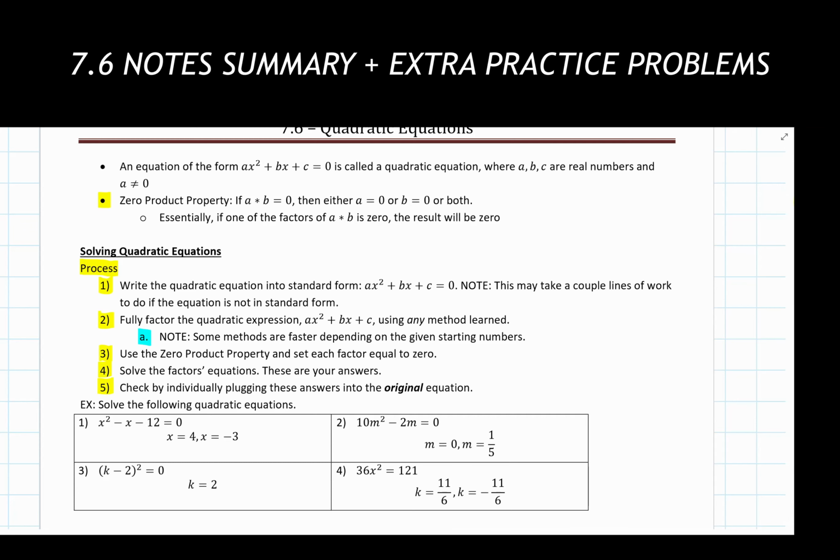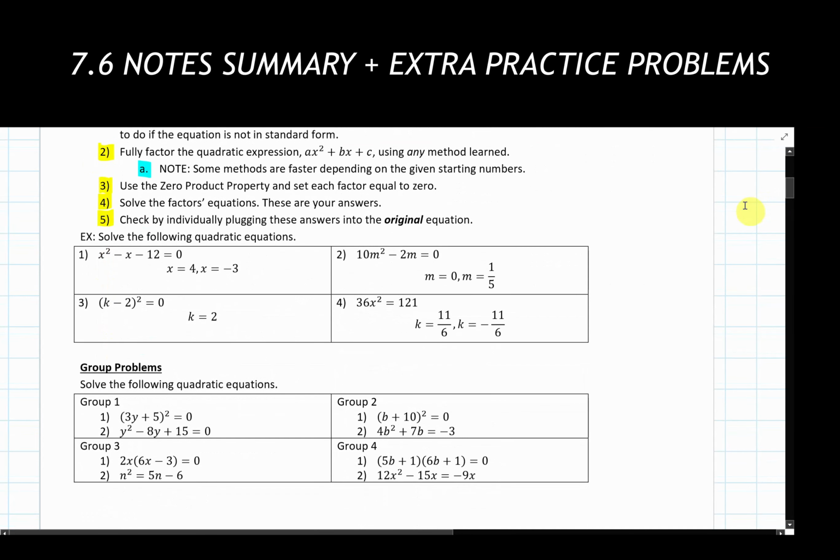Also, scrolling this down, I'm going to give you some group problems or some extra practice problems if you wanted to give those a try. So I'd pause the video here if you'd like some practice to give these problems a shot. Again, using the same process that we had listed up above. And scrolling down here, we're going to get our answers to each of these now.